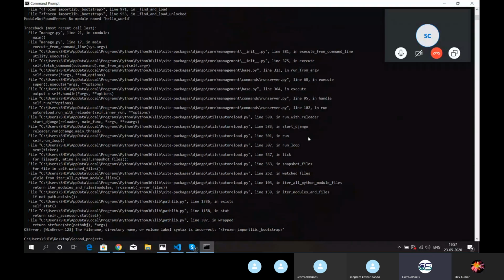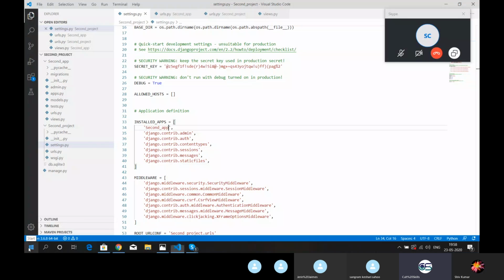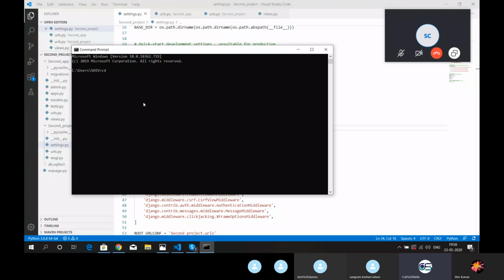I'm not getting any output on your command prompt, it's blank, and you haven't given any input. Shiv, run the server with python3 space manage.py space runserver, or python space manage.py space runserver.